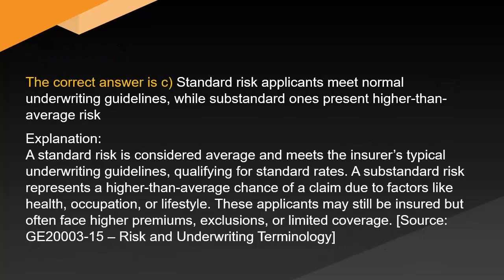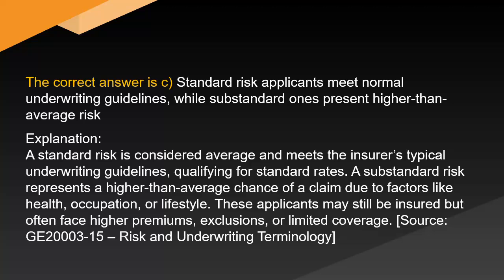The correct answer is C. Standard risk applicants meet normal underwriting guidelines, while substandard ones present higher than average risk. Explanation: a standard risk is considered average and meets the insurer's typical underwriting guidelines, qualifying for standard rates. Substandard risk represents higher than average chance of claim due to factors like health, occupation, or lifestyle. These applicants may still be insured but often face higher exclusions or limited coverage. Source: